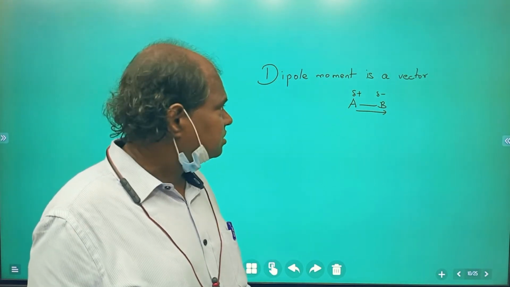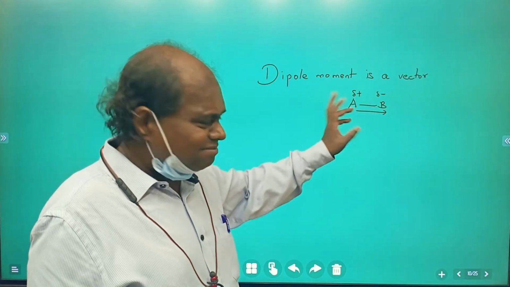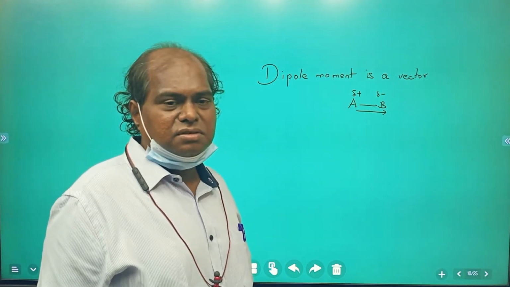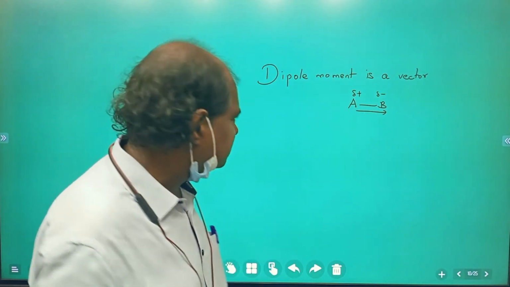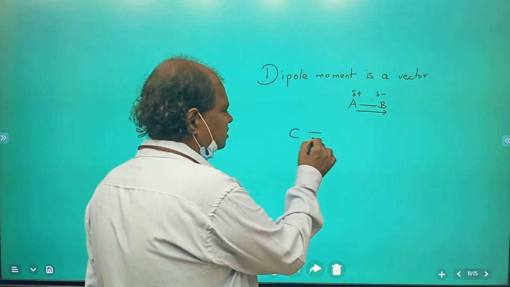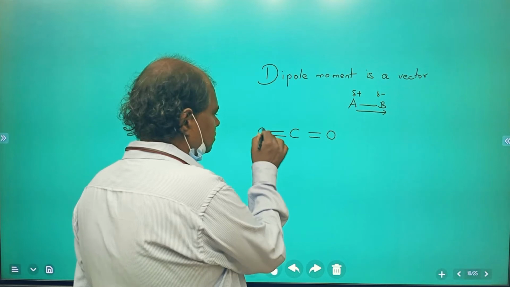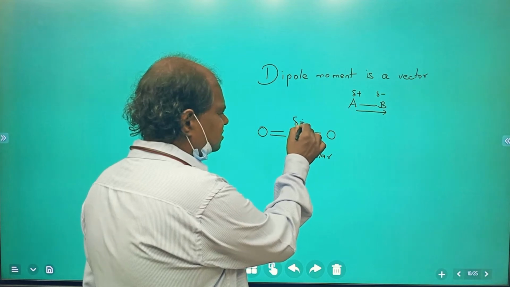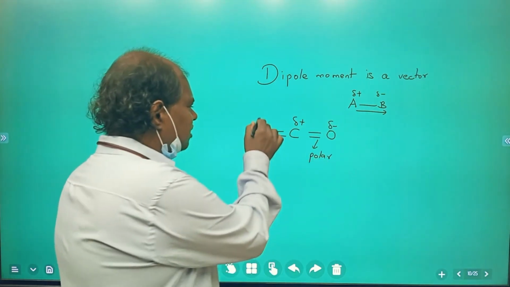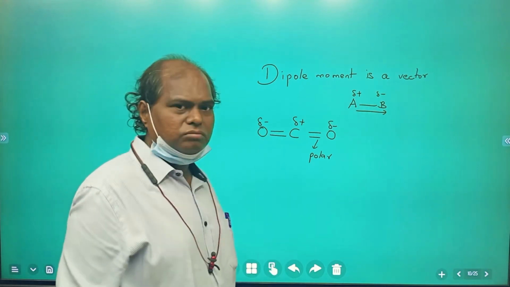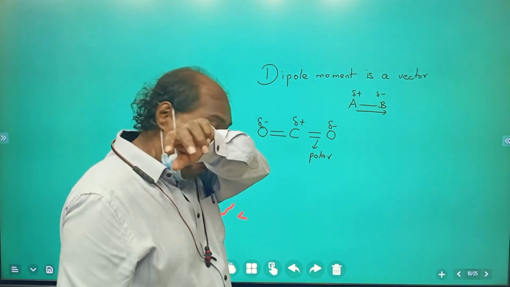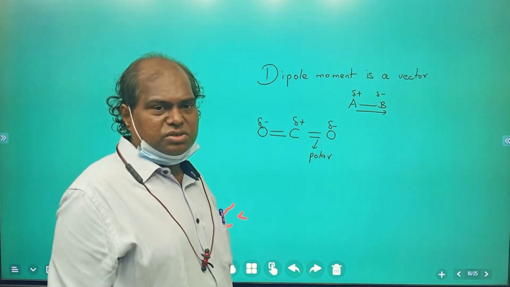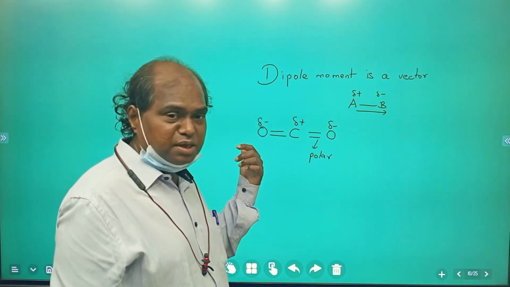Now, due to these vector properties, sometimes the bond will have plus minus, no problem, but the molecule will have no dipole moment. No dipole moment for the molecule. I'll give you an example, just see. Suppose I've got carbon dioxide. See this very carefully now. This bond is polar. Why polar? Because carbon is slightly plus. Same thing will happen here also. Carbon is electropositive, right? This bond is polar, students, because you're getting plus minus. Same thing plus minus here also.